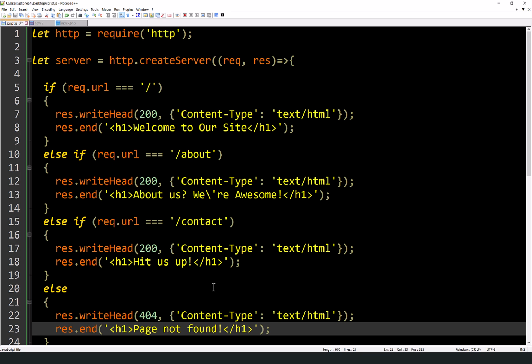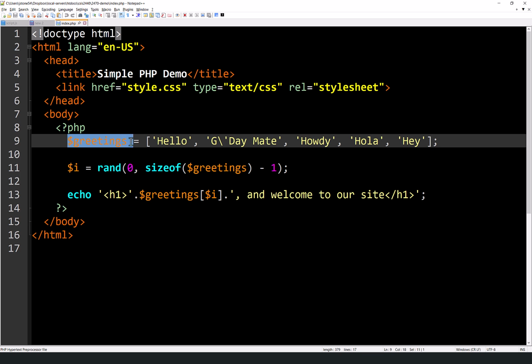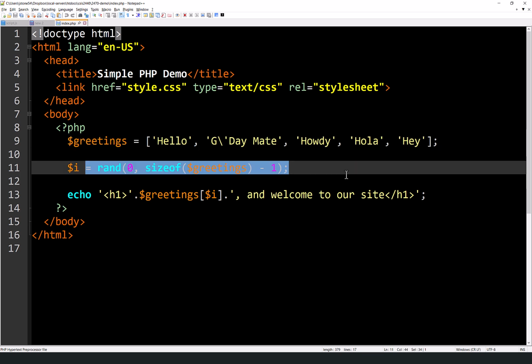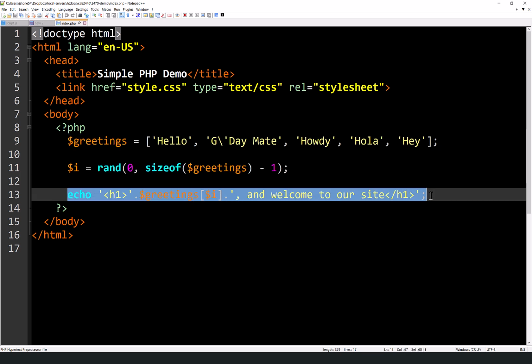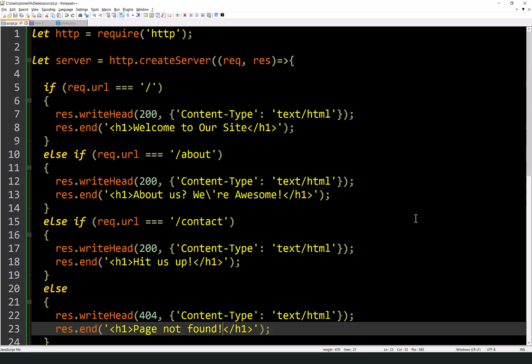Just like when I showed you the PHP, I wasn't expecting you to memorize how to make a variable with a $ sign, or how to generate a random number, or how to print stuff out into HTML. None of that. This was just to show you conceptually what's going on. If you are feeling overwhelmed, it's okay, because this is not meant to be, hey, now you're a Node master. But I just want you to understand the basic idea of it.